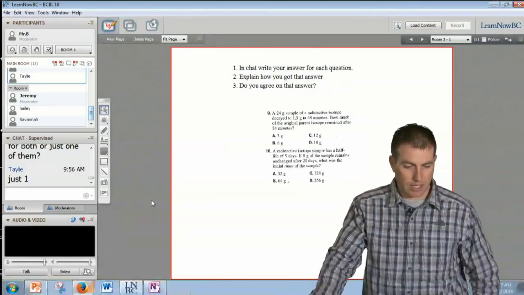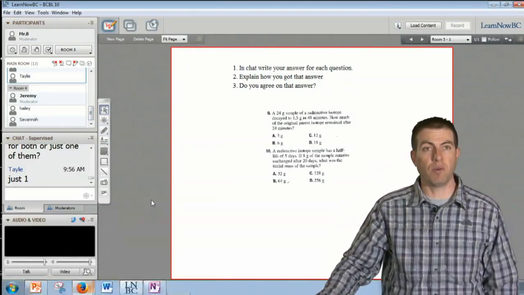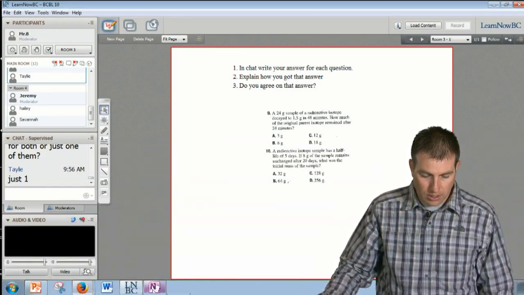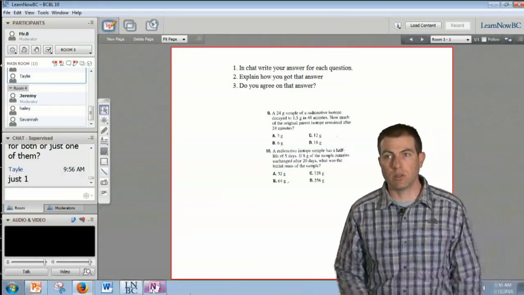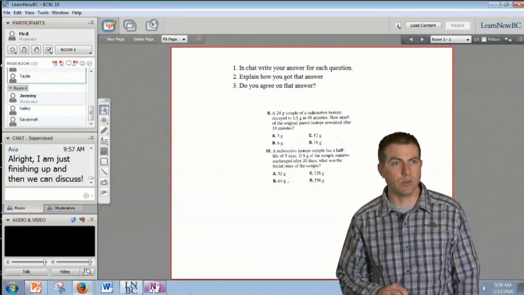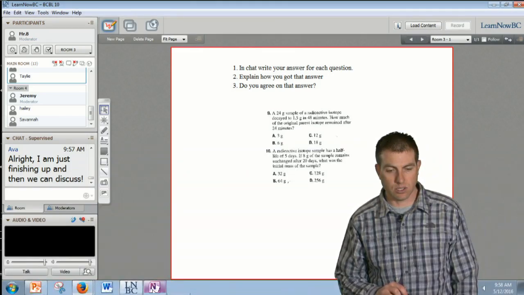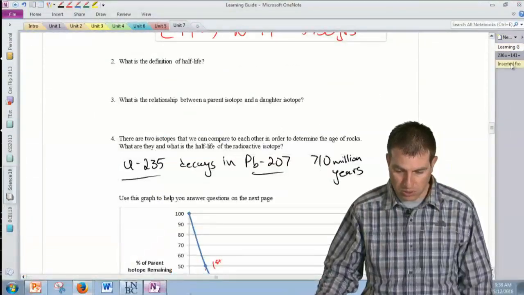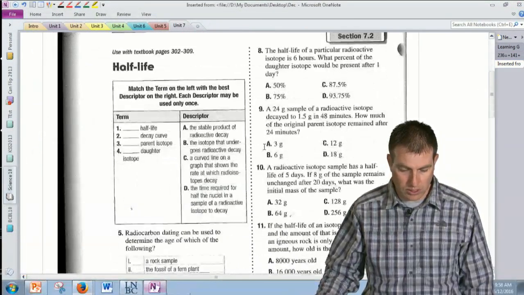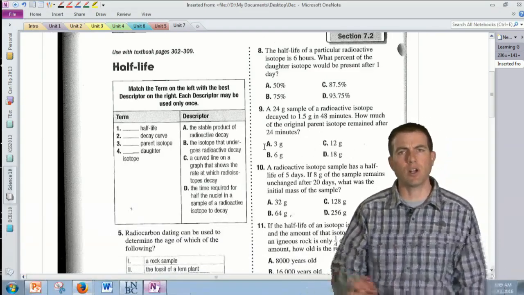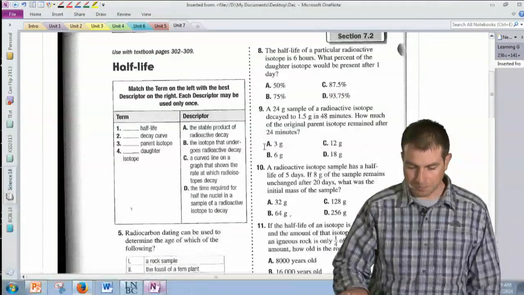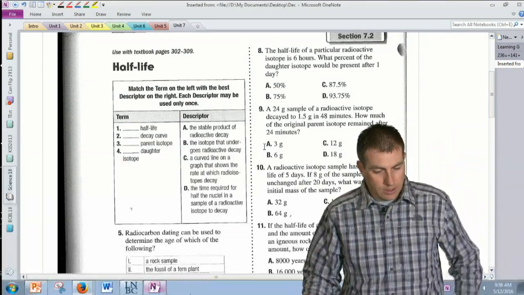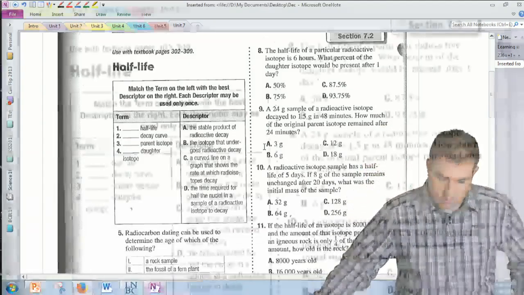All right, guys. I know some of you have gotten both of them done and some of you have only got one of them done, but that's okay. What I want to do is just make sure we're on the right track, give everyone a chance to look at each of the questions, and then we'll go from there. So I'm just going to jump over to the sheet. And if you're not quite done your questions, that's all right. We'll just go with it. So the first part of the sheet, match the term on the left with the best descriptor on the right. Each descriptor